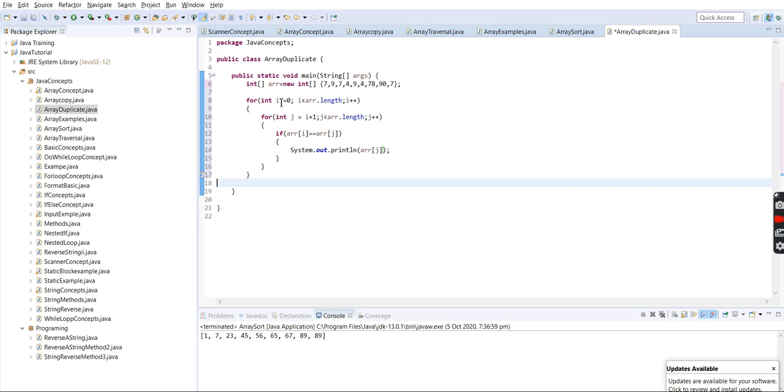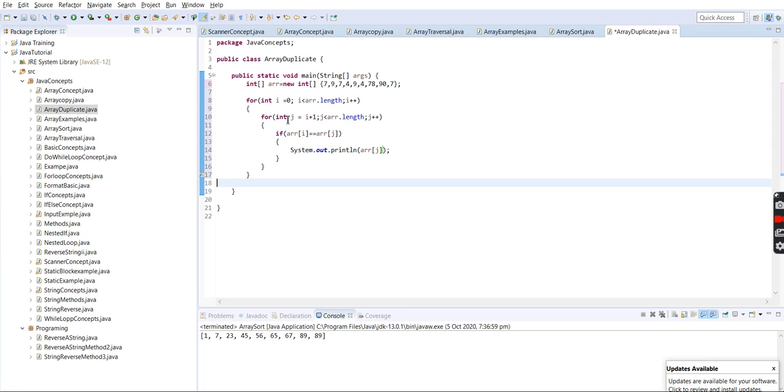So we start from 0, meaning the 7 at that index, it will come here, and in the inner for loop we have to initialize j as I plus 1, meaning we will be using this index number 1, till j is less than array length, which is 7.